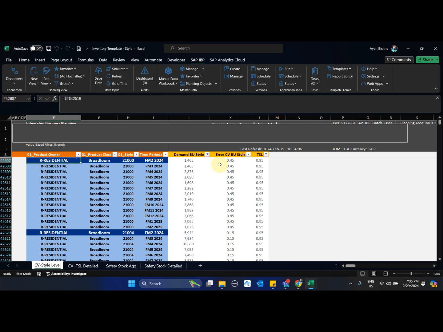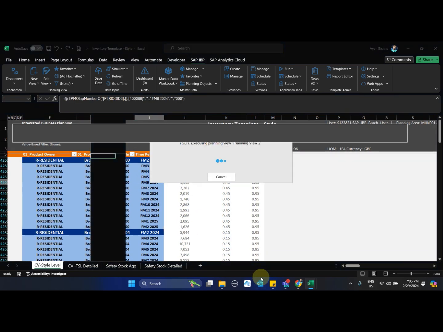For that I have used a copy operator wherein I am copying this same value to all the products that belong to this combination. So if you see in this style, class and residential, I have got a forecast error of 0.5.